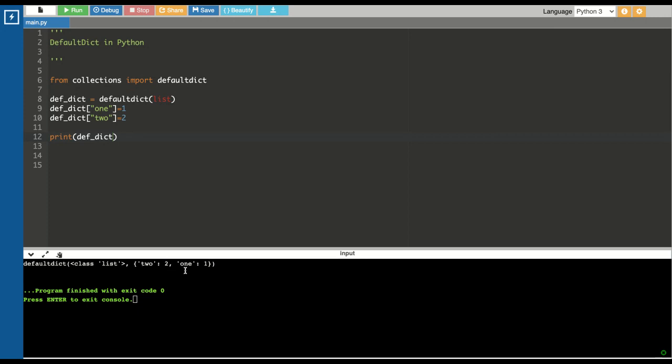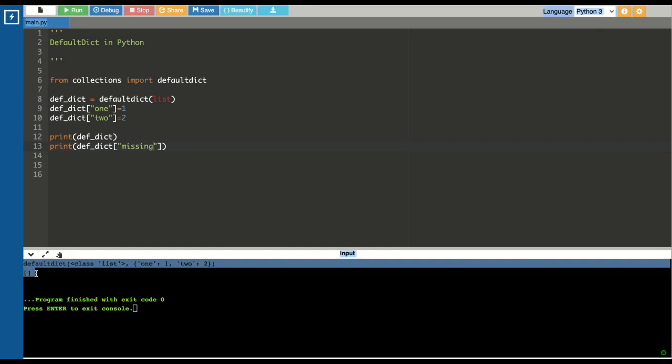As you know, it is a subclass of the dictionary. That is why the 1 and 2 are unordered, because dictionaries are an unordered set of elements. Okay, let's try to print and see what will happen if we ask it to print the value of 3, which is not available, or let's say the value of a missing key.